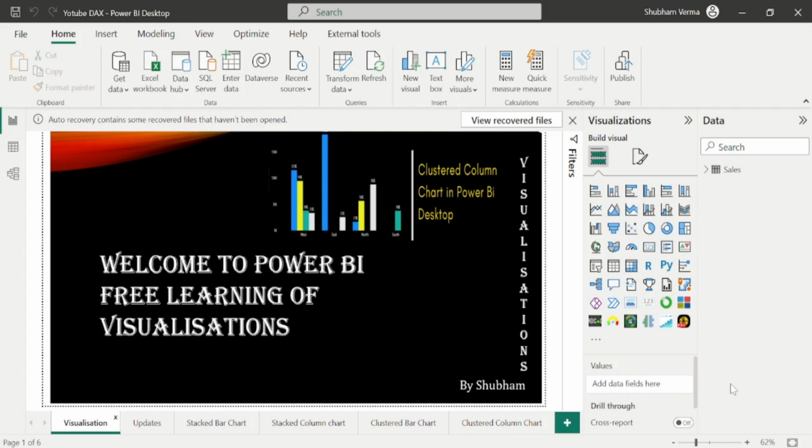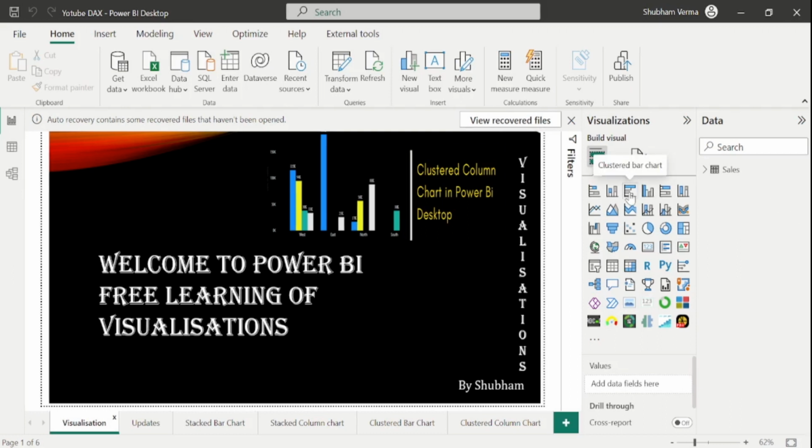Here under this playlist, we are covering visuals. In the previous tutorial, we learnt about the clustered bar chart. I hope you now have a clear understanding of it. In today's class, we will talk about the next visual of Power BI, which is the clustered column chart. We have the same parameters under this clustered column chart as the previous visuals, like x-axis, y-axis, legends,